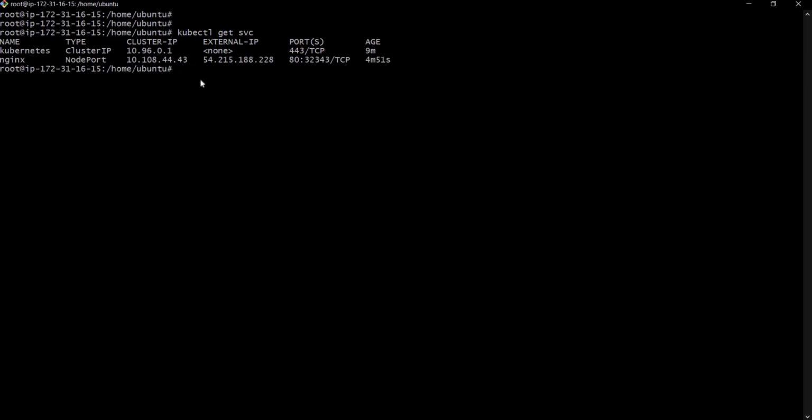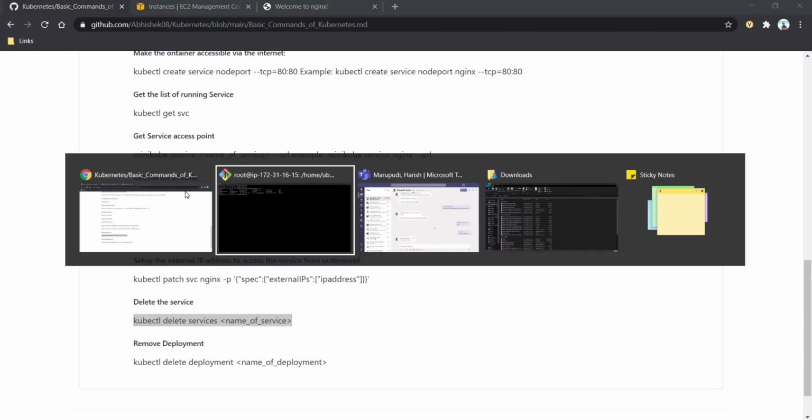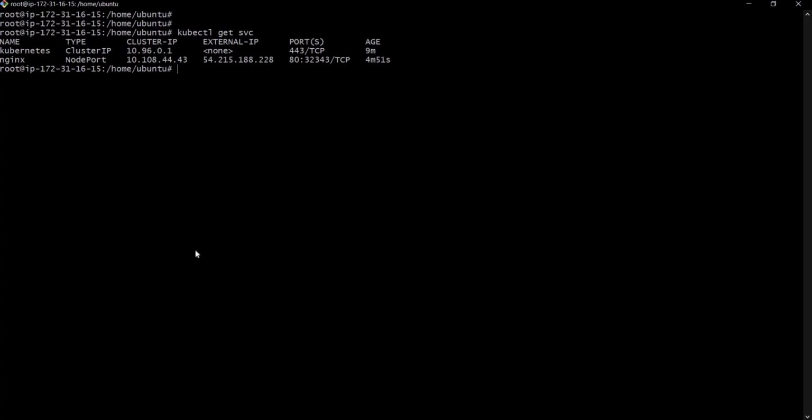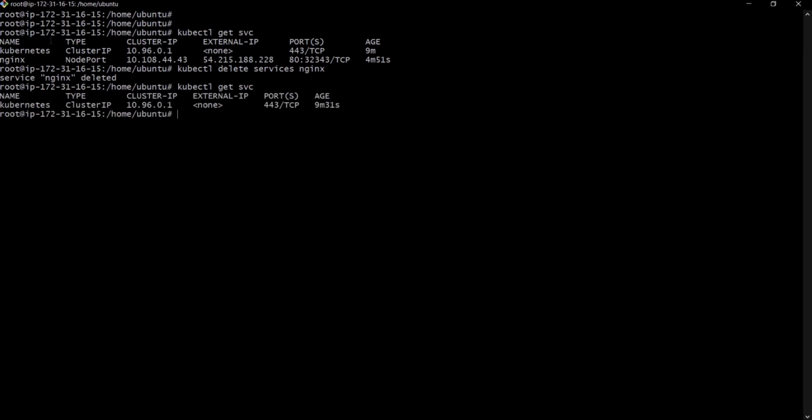We have the command kubectl delete service, the name of the service. The service name is nginx. Once we execute this command, the service will be deleted. Again, if you check the services, you won't be able to see the nginx service.